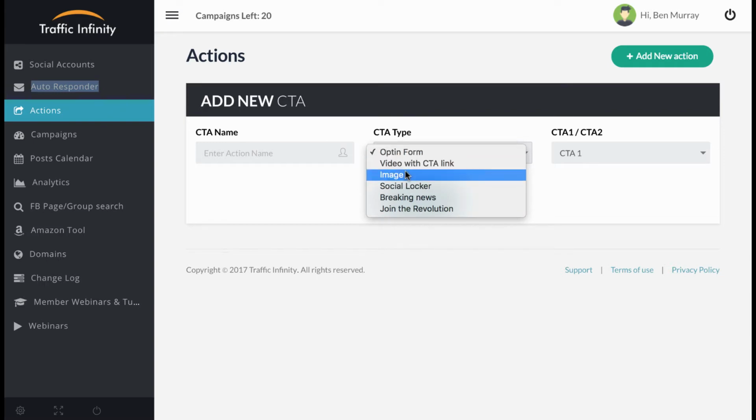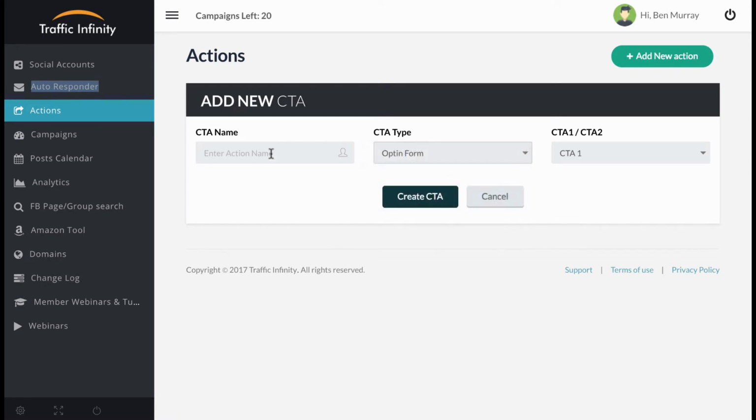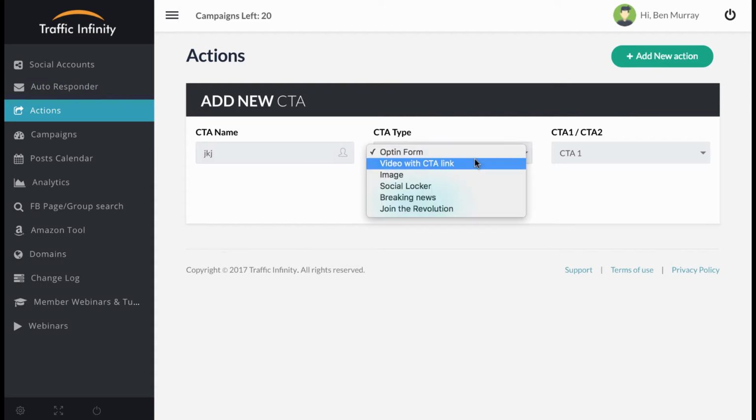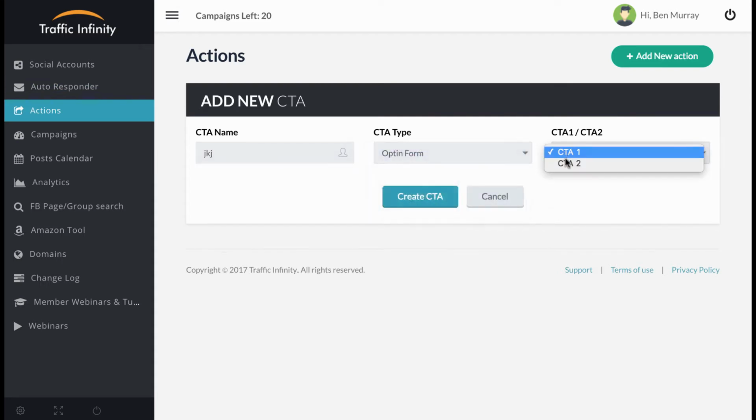But basically you want to focus on either the image or the opt-in form probably, or if you have a video, like a quick advertisement or something, you can do that as well. You just enter the action name here, choose which one you want, and then save it as your call to action 1 or call to action 2,